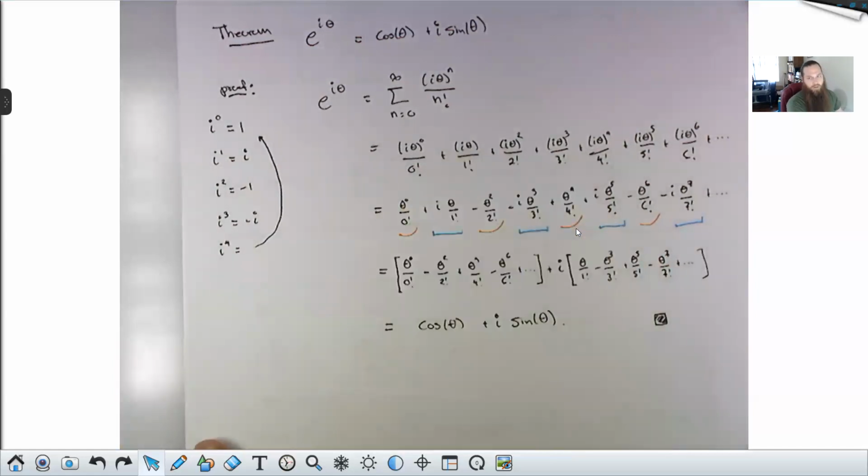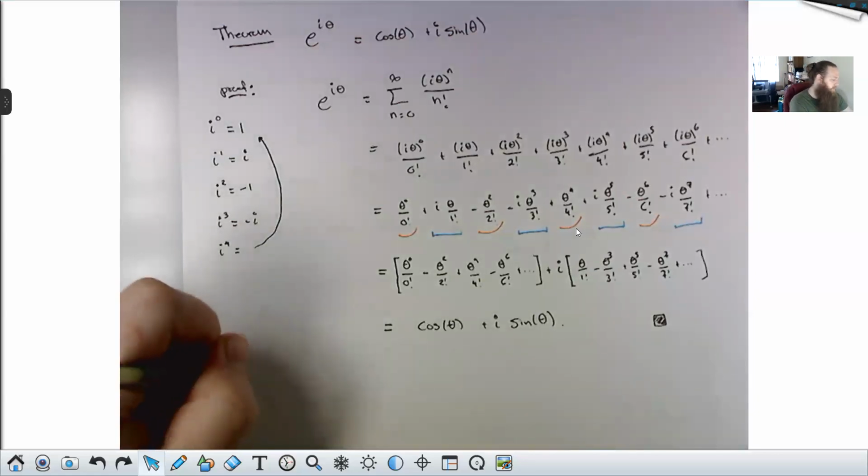So it's really not too bad. Most of it comes down to understanding how powers of i work and knowing the three relevant power series, the e to the x, sine x, and cos x series. Once you know that, you just plug and chug. It's nice and simple. A corollary